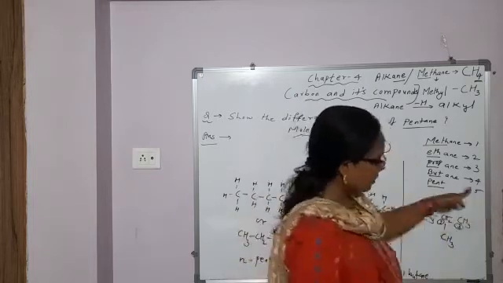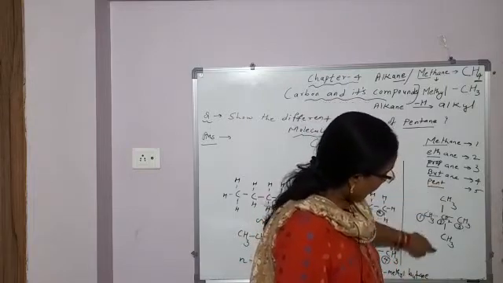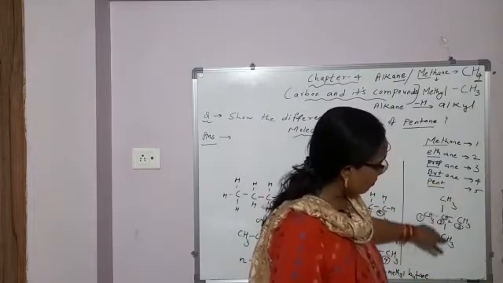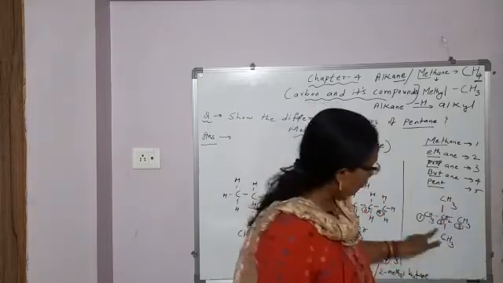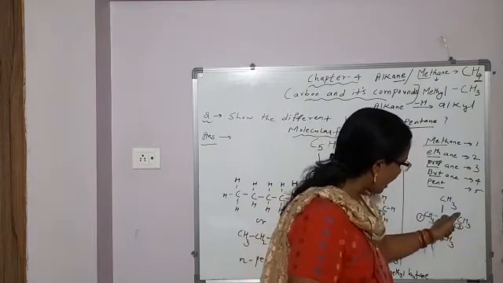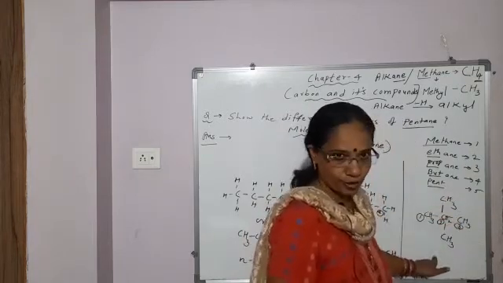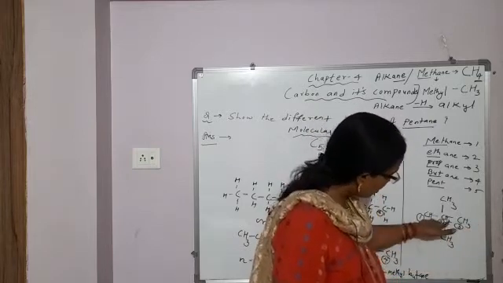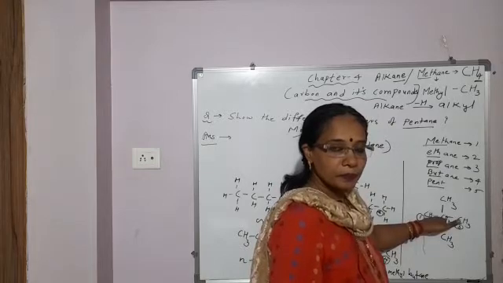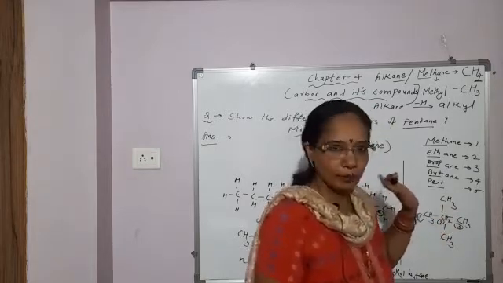The carbon atoms which are in the straight chain, you do the numbering so that the groups which are in branching should get the lowest possible number. That way you will do the numbering. So if you do 1, 2, 3, this carbon is getting the second position, to which 2 methyl groups are attached. Or if you do numbering from here, 1, 2, 3, then also this carbon to which 2 methyl groups are attached is 2. So anyway you can do the numbering.